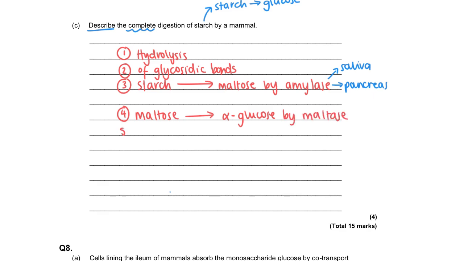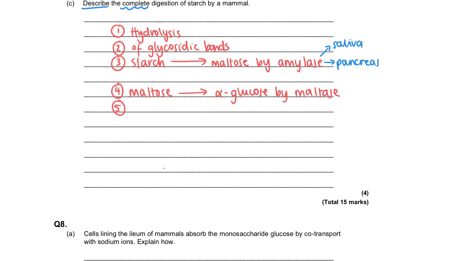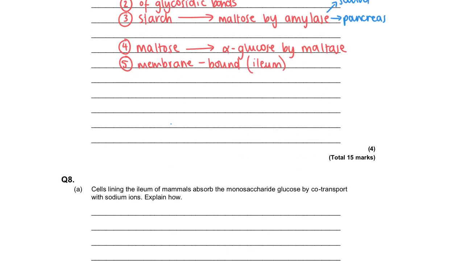And the 5th mark that you could have said, so some of you did get 4 marks for this because you've mentioned all of these points so far, but you would have got a mark as well if you've said that these maltase molecules or the disaccharidases are membrane bound. Okay, so they're found on the membrane of the microvilli of the ileum, and this leads us really nicely into